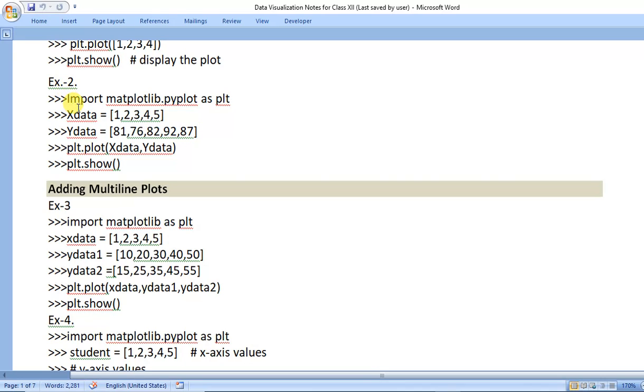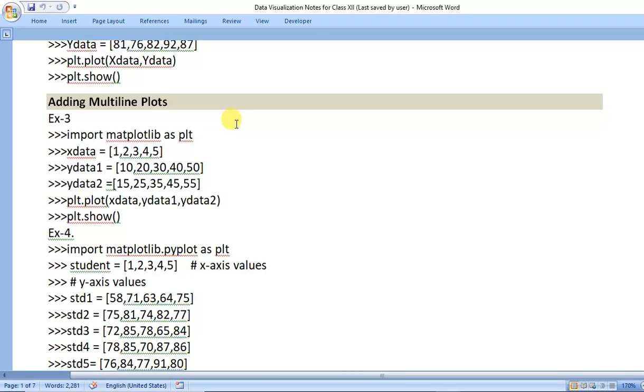The second example is import matplotlib.pyplot as plt, with x data meaning the x-axis data and y data for the y-axis. I have given you an example with different tests and the students' data, and in this way you can plot your line plot on the basis of these data.